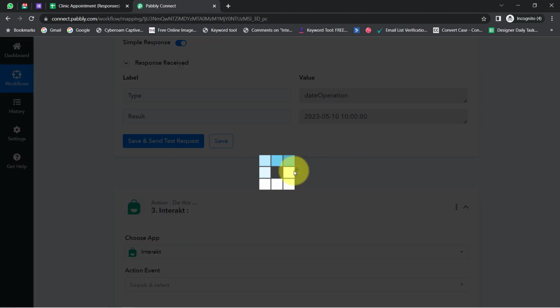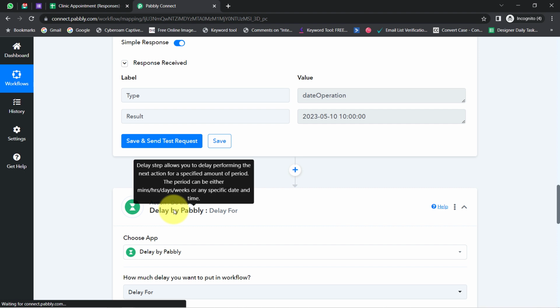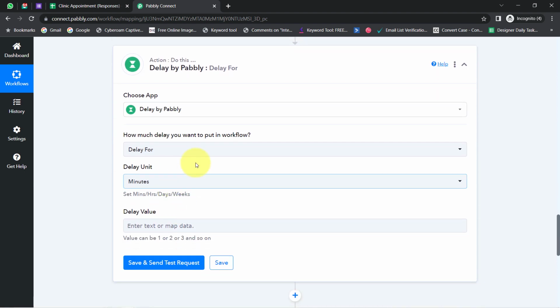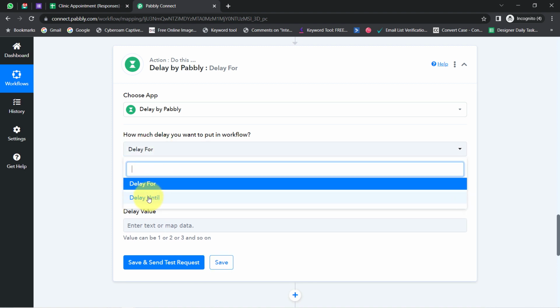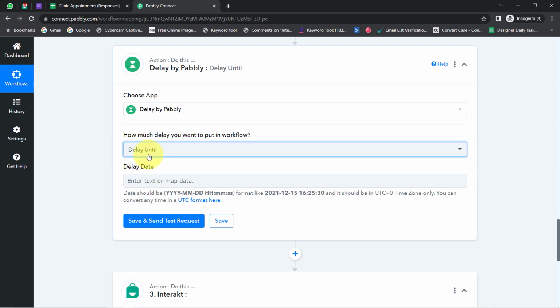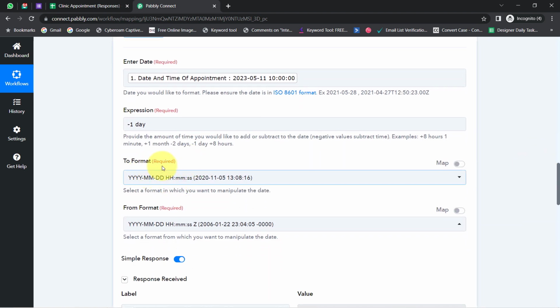You'll have to click on this plus icon once again, and this time you'll have to search for the delay function. Well, again, it is an amazing feature of Pabbly Connect via which you can delay your workflows, delay your automation until a specific date or for a specific duration of time. Okay, so this time I will delay until a specific date, and here you can see it has clearly mentioned that you'll have to provide the date in this specific format only. That is why I have intentionally taken that date in this format only, that is